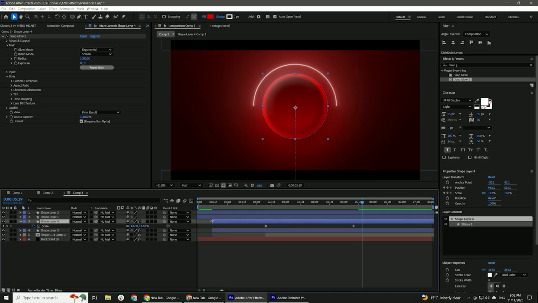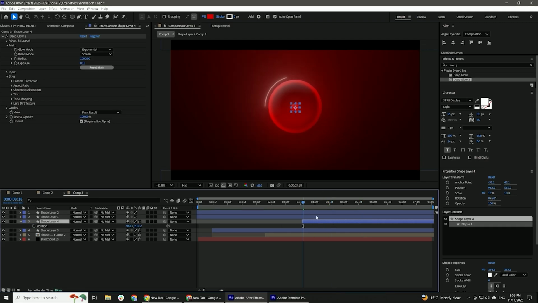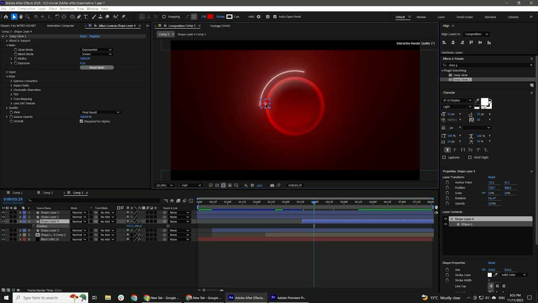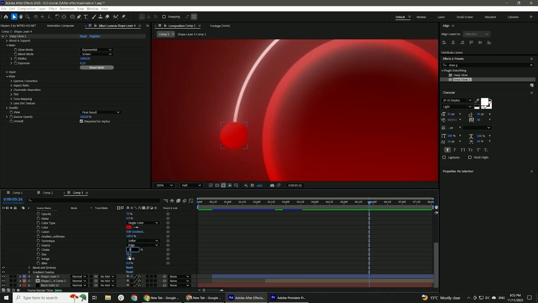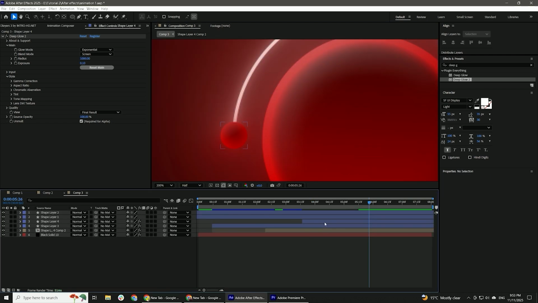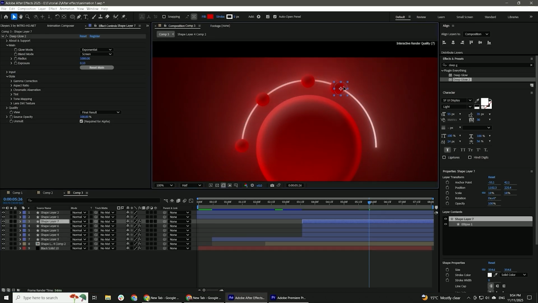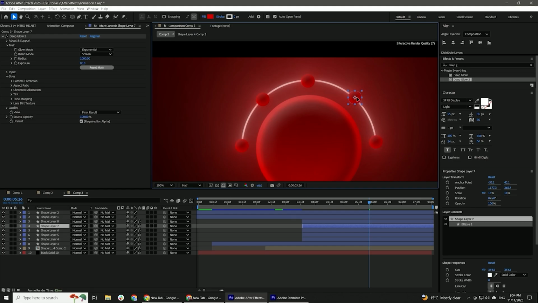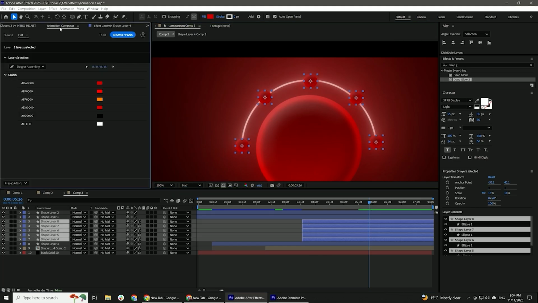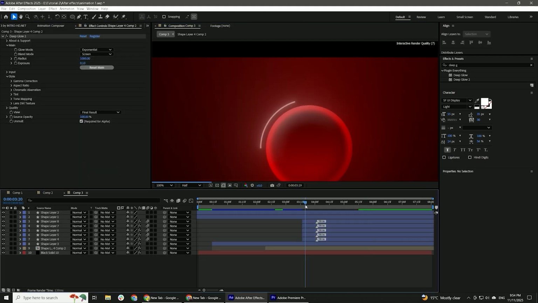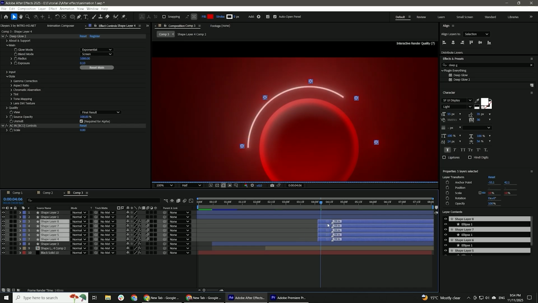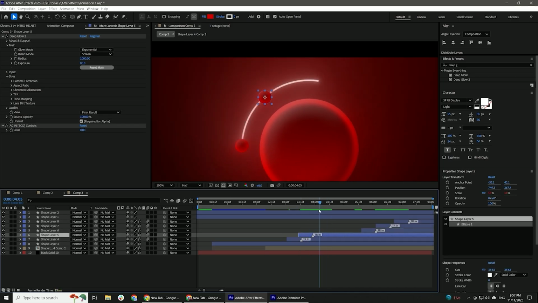Now duplicate the circle layer and decrease its scale. Then delete the position keyframes and move it to the right side of circle, where line animation starts. Adjust its inner glow values and duplicate it by pressing Ctrl D. Change its position regarding the scene and duplicate it a few more times and place it along the way until the end of the line animation. Apply bounce effect from Mr. Horse plugin. Adjust their position according to the line animation.